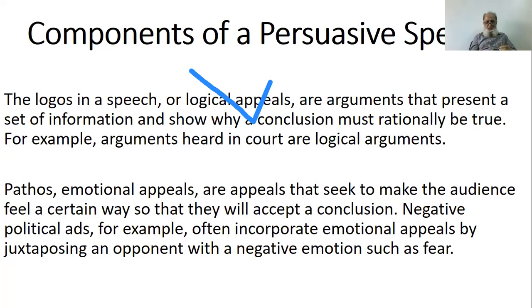So speaker always avoids to create negative emotion against his opponent, but he just proves with figure and facts that whatever he is saying against his opponent, that is truth. So if that is truth, then he has no need to create negative emotions against his opponents. Whatever his opponents were doing in past, now what will they do in present and future? He gives the big picture of that.